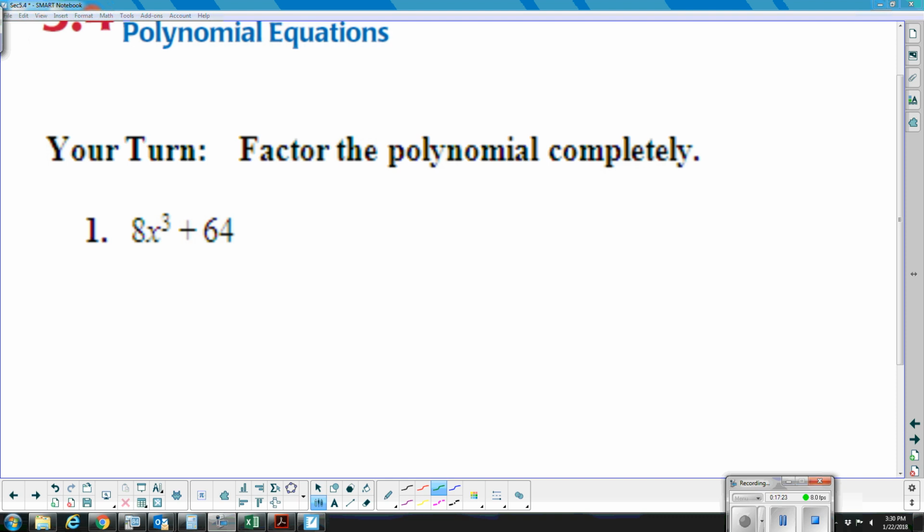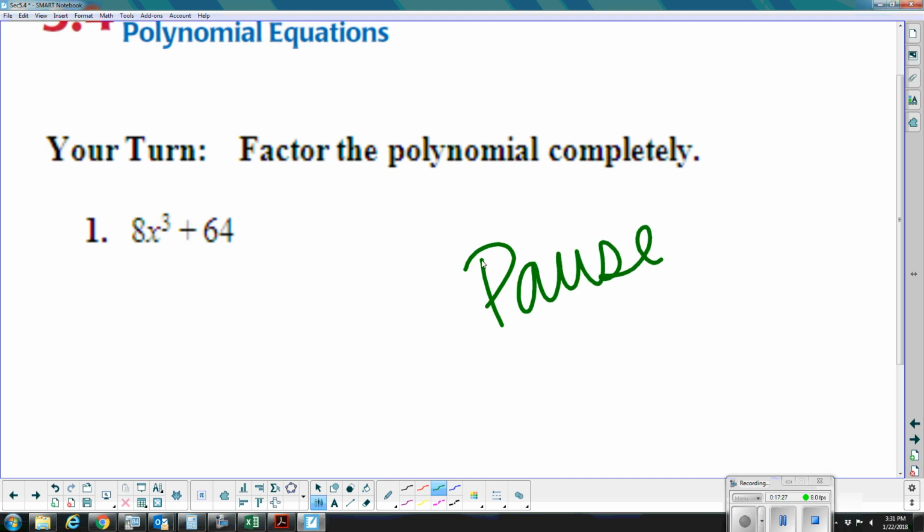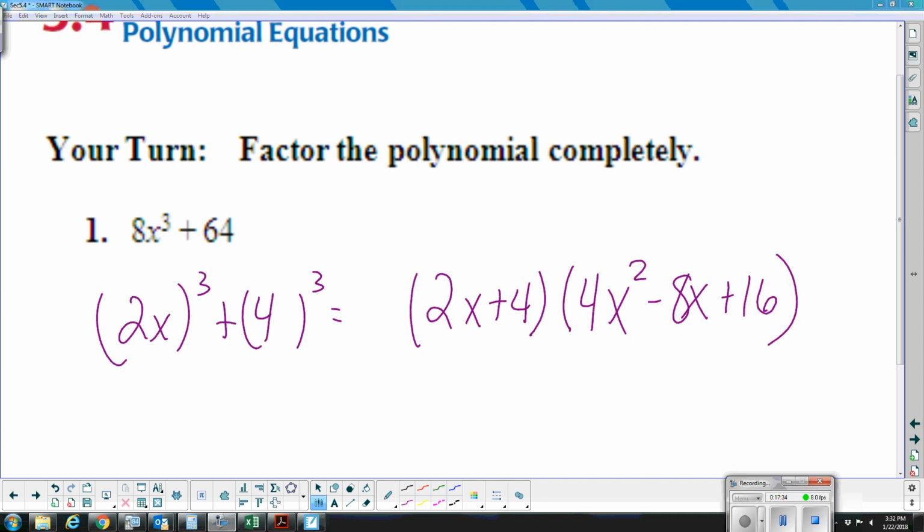Okay, try this next one on your own. Pause while you work, and then you can unpause for the solution. Okay, so here's what you should have. If you rewrite this in cubic form, you're looking for the sum of two cubes. So it's 2x cubed plus 4 cubed, and it gives you 2x plus 4 times 4x squared minus 8x plus 16. And this is not prime